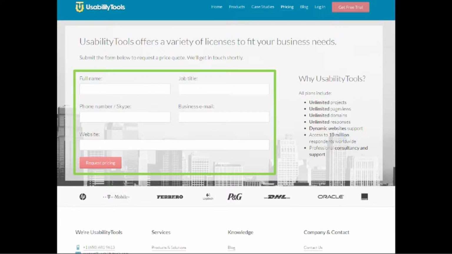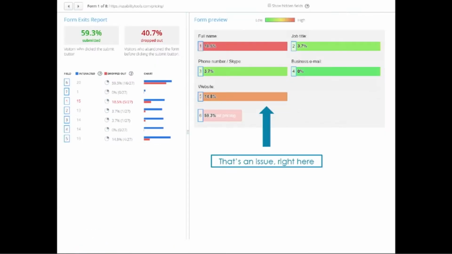So when somebody wants to get a quote, to find out how much he or she needs to pay for our product, we made people go through this form. But what we discovered is that people struggled with it. And when you install a Form Analytics tool, this form will be translated into something like this. So you can see that from a field, full name,